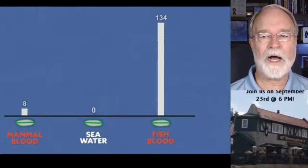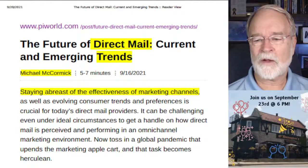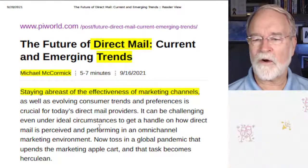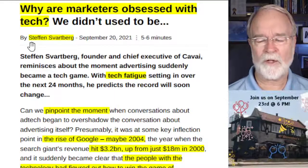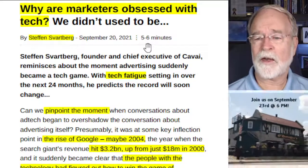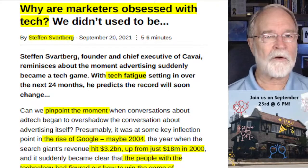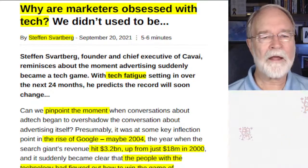Okay, so let's go on, and that was good. Now let's talk about the future of direct mail trends. This was a really nice article. Before I do, there was a good article here by Stefan Svartberg, and he's talking about tech fatigue and how, as marketers, we tend to look at the tech rather than the